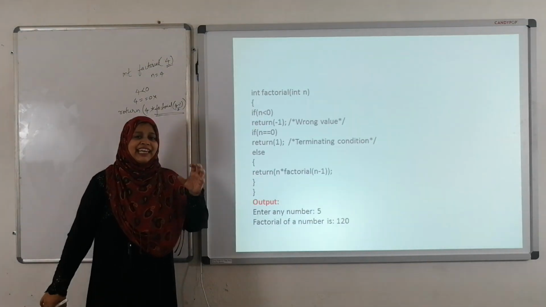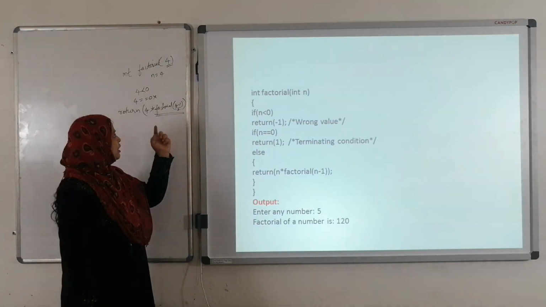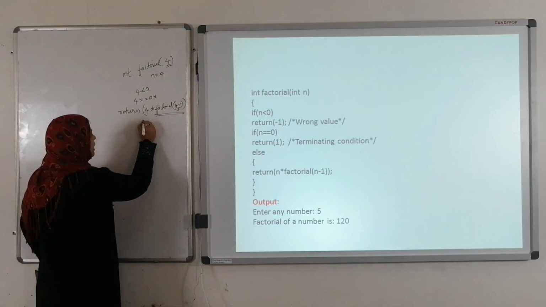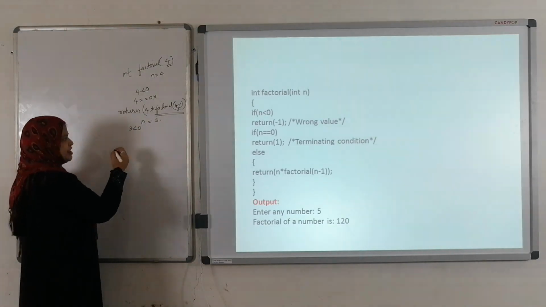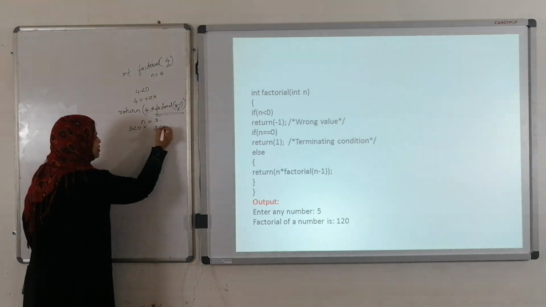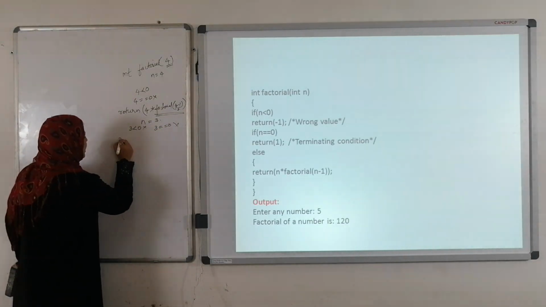We are calling the same function again and again. So this is the concept of recursion. Here we are calling the same function again. Now, what is the value of n here? n equals 3. Right? 3 less than 0, is the condition true or false? 3 double equals 0, is the condition true or false? Go to the else statement.